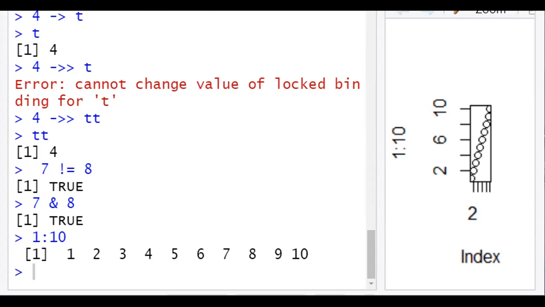Like that. Nested loops are also possible.